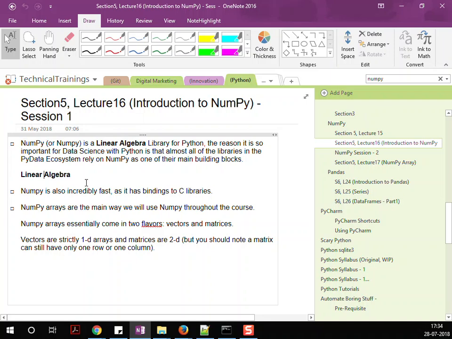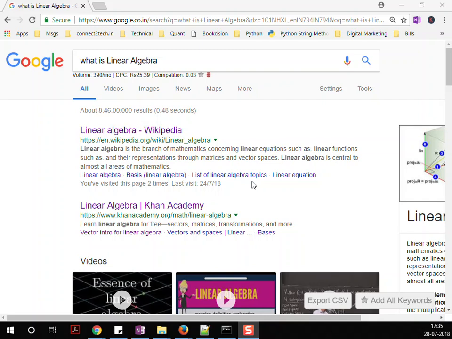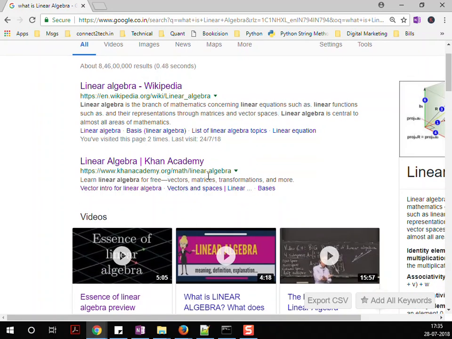What is linear algebra? Let's briefly look at it. As you can see on this screen, I googled what is linear algebra. Wikipedia says linear algebra is the branch of mathematics concerning linear equations such as linear functions, and the data which is represented in matrices and vector spaces, right? Or you can say there are vectors, there are matrices, and there are transformations of these vectors and matrices. This is what linear algebra is about,